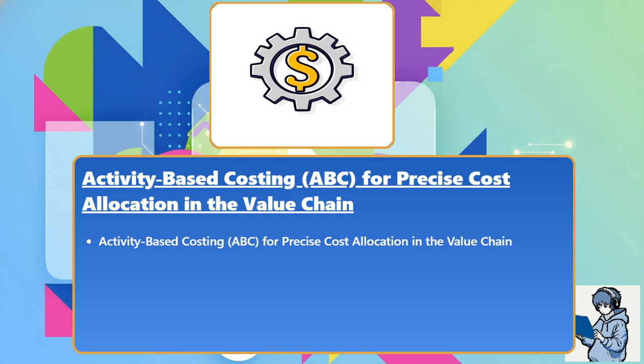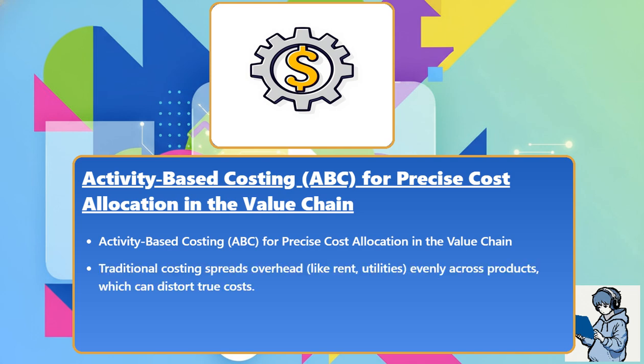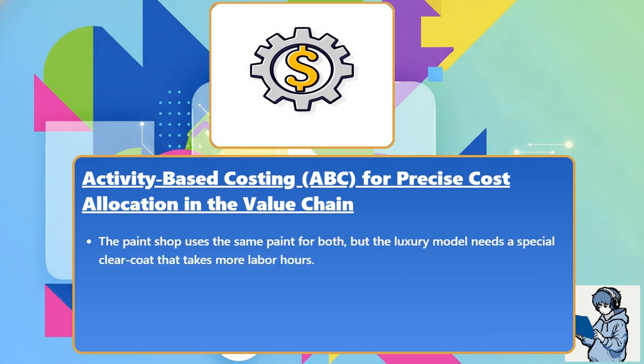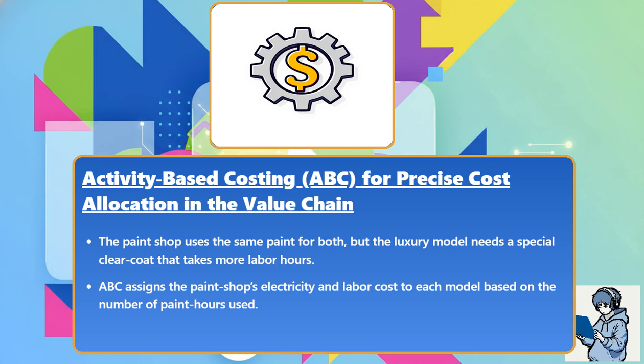Activity-based costing, ABC, for precise cost allocation in the value chain. Traditional costing spreads overhead like rent and utilities evenly across products, which can distort true costs. ABC traces each cost to the exact activity that consumes it. Imagine a car maker that assembles both economy and luxury models. The paint shop uses the same paint for both, but the luxury model needs a special clear coat that takes more labor hours. ABC assigns the paint shop's electricity and labor cost to each model based on the number